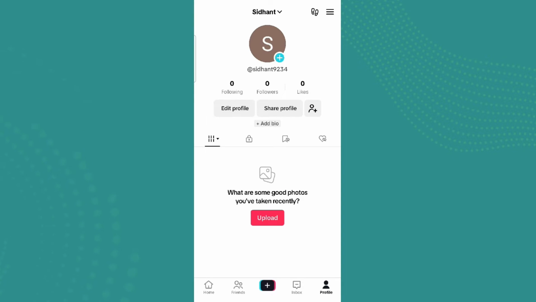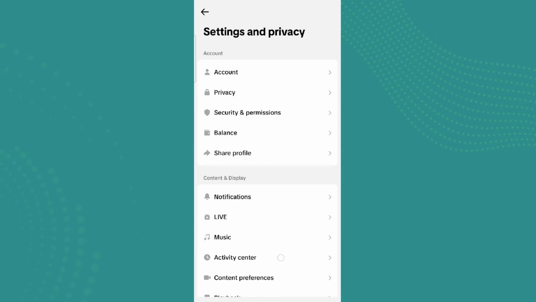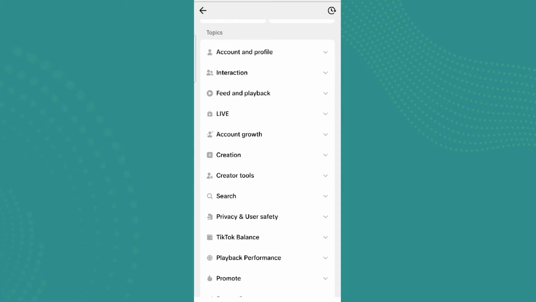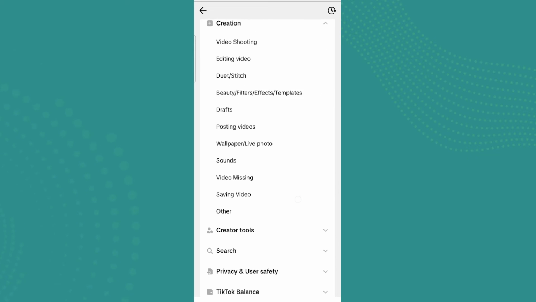icon in the bottom right corner and click on the three-lined icon on the top right and click on settings and privacy. Scroll down to report a problem. Over here we need to simply click on creation option and click on others. Now let's click on other,